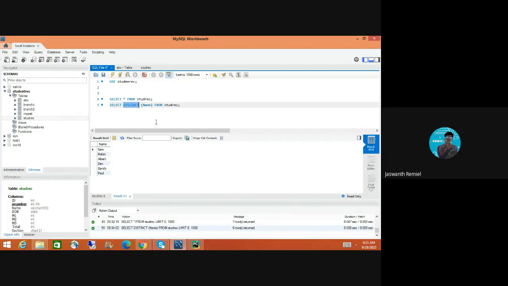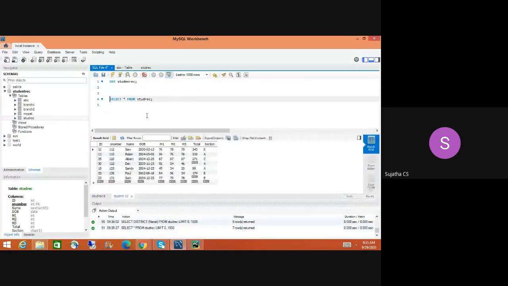Yes, ma'am. Okay, now we're going to see some conditions using a WHERE clause. Yesterday we simply saw WHERE to display the name or whatever. Now I'm going to use the AND keyword, and then greater than, less than, or equal to. We will see that, right?